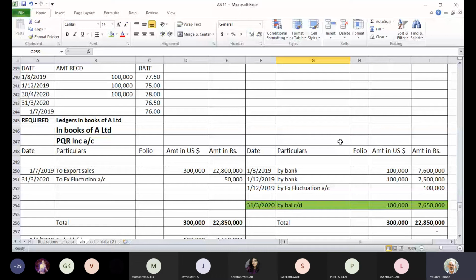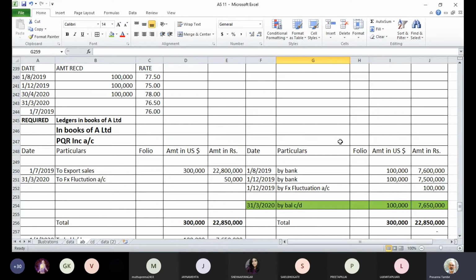See, we restated the rate on 31st March, which was 76.5. Now you will have outstanding of 76,50,000 in your books. Whereas your realization, if you consider on 30th April, it will be on a higher side, 78 lakhs, isn't it? So why that 78 lakhs compared to the outstanding of 76,50,000? It's because of currency fluctuation, where the rate has gone up from 76.5 to 78. As a result, if you are an exporter, you will make a gain.